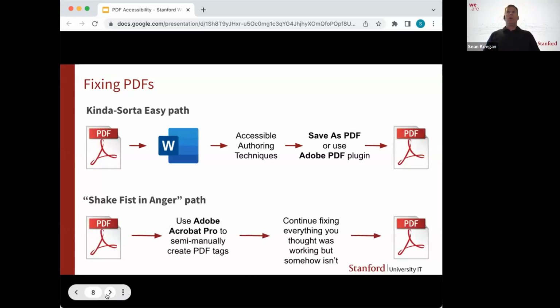There's what I call the shake-your-fist-in-anger path of fixing a PDF, which is to take the PDF file into Adobe Acrobat Pro and try to manually create or change the PDF tags, and then you have to continue fixing things that were working, then weren't working, but then somehow may start working. And there's a real lovely little hiccup in Acrobat Pro, where you try to tag things and suddenly it